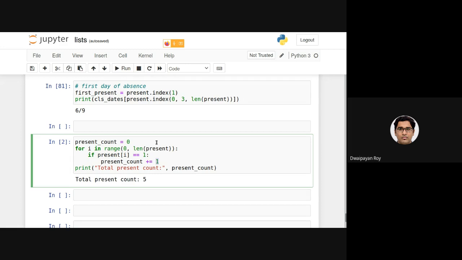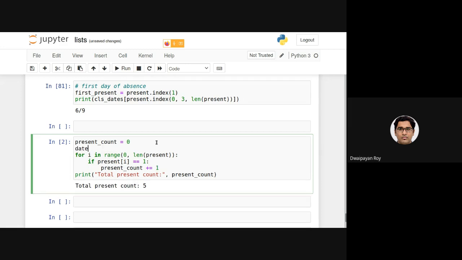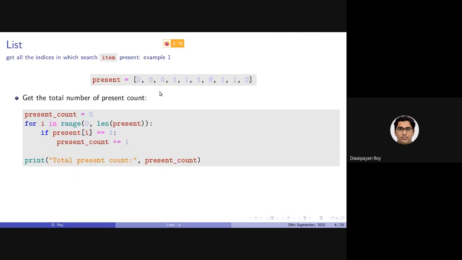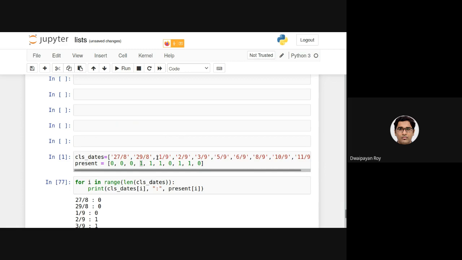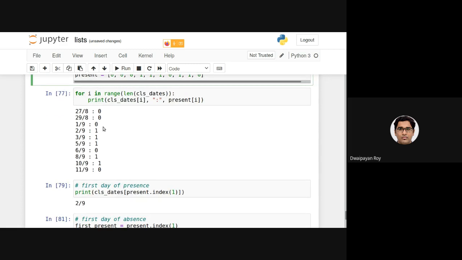Now, what if I want to get all the dates as well? I want to get the corresponding dates as well. This was actually printing all the dates as well as the presence or absence of that student.